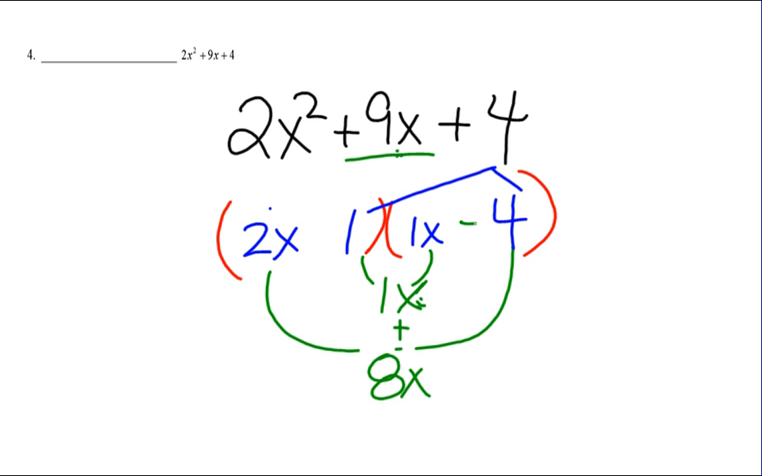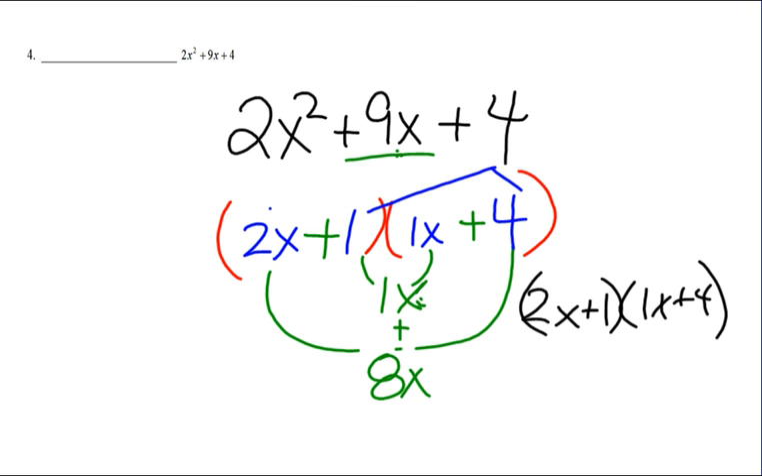So if this is positive and this is positive, all right, my final answer here was that 2x plus 1 times 1x plus 4 can be factored or multiplied. It's the factor of the 2x squared, the original problem, plus 9x plus 4. All right, that takes a while, and I'm going to show you another option to do the same problem